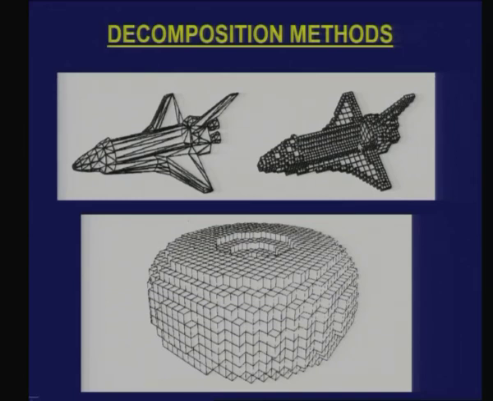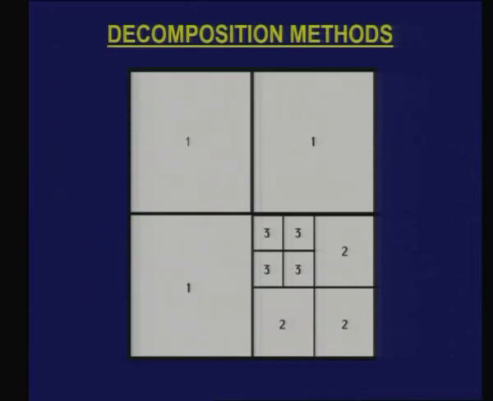And here is an object which is modeled using what you call octree based modeling. We will come back to what octree based modeling is. What is shown here is basically a two-dimensional version of an octree, which is called a quadtree. In a quadtree, the object which I am trying to represent is enclosed in a square, and the square is divided into 4 other squares, half the size of this. Then you look at whether the object which you are trying to represent is a part of any of these squares.